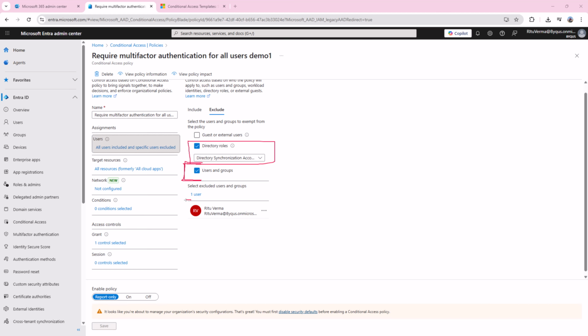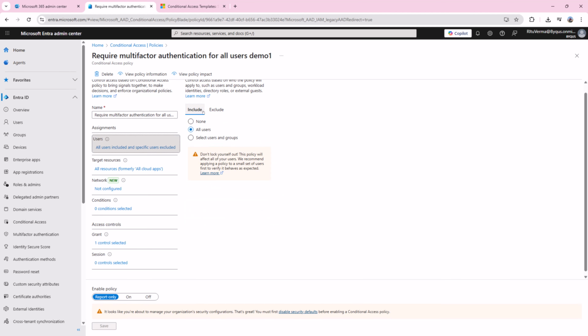And you can see this is the account I'm using. It is a global admin account and it is excluded from these conditional access policies because I am creating them. If I do not exclude myself and turn this on, it will result in locking my own account.